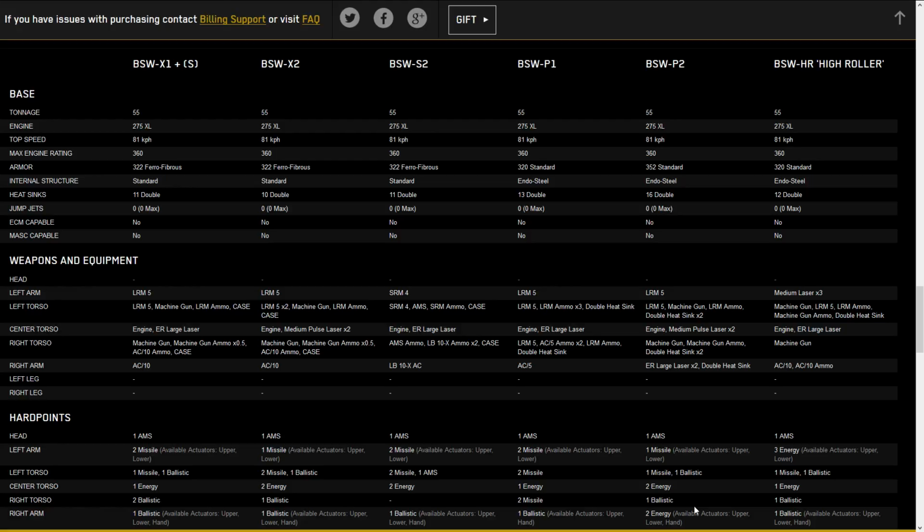Also, again, any of the builds I listed before that would fit on the X1 are more than likely going to fit on here with an additional energy to back it up. So 2 medium lasers, Ultra 5s, or just plain AC 10s, stuff like that. What this thing can do